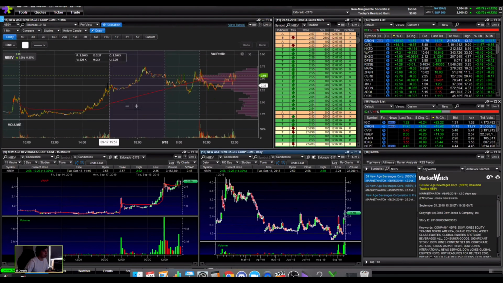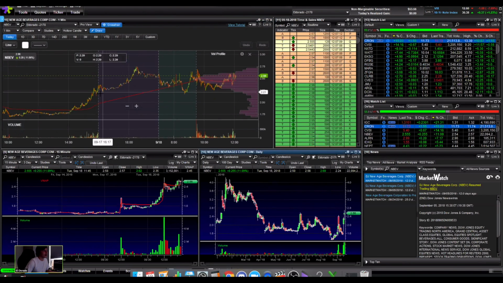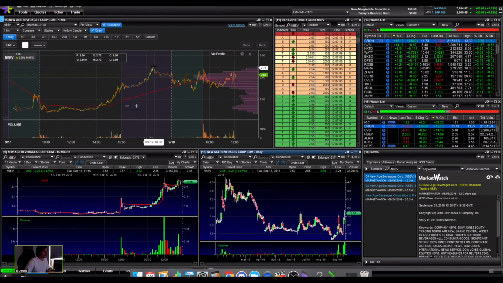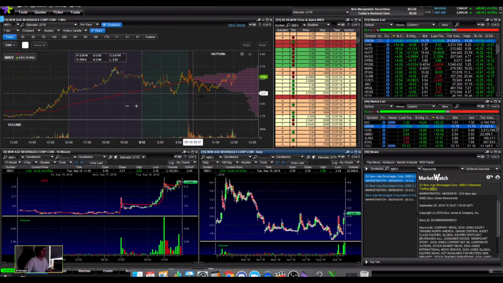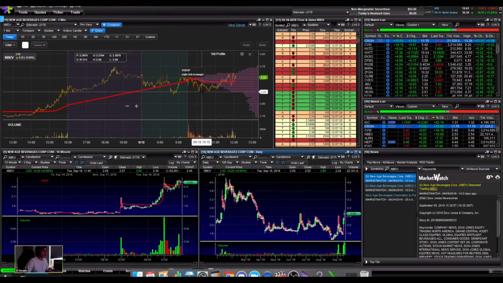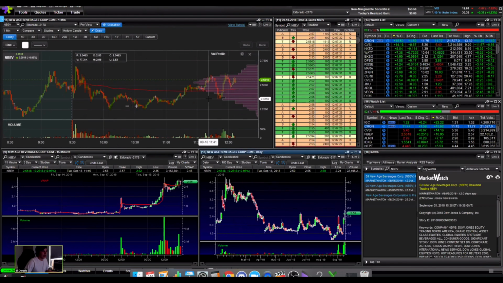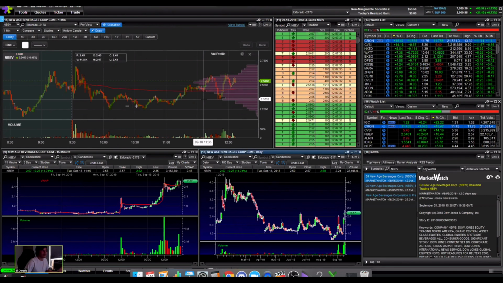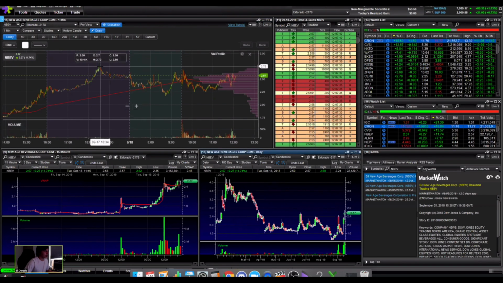then inevitably there's shorts getting into this push because they're looking at it saying this stock's a piece of shit. It can't go any higher. There's no way, and they get squeezed as well. So there's going to be shorts right in this level, and longs in this level, and then shorts in this level and longs in this level, and it's in that level right now. So basically, if it breaks below, the obvious thing to say would be, yeah, if it breaks 2.35, it's not bullish anymore. But if you're looking at it for a squeeze, I don't know, you could say that